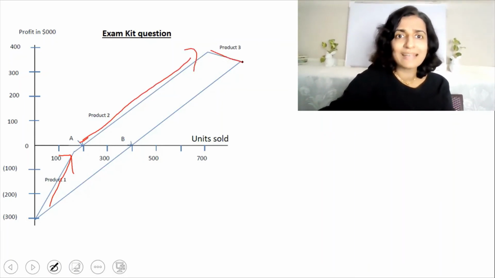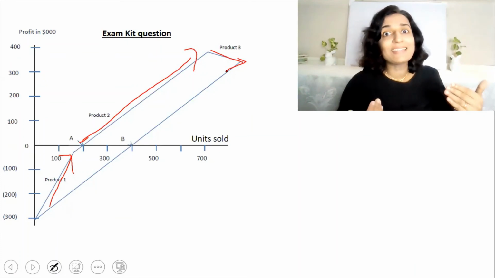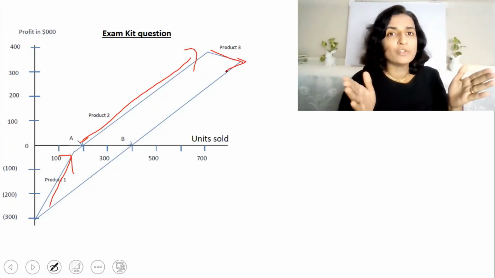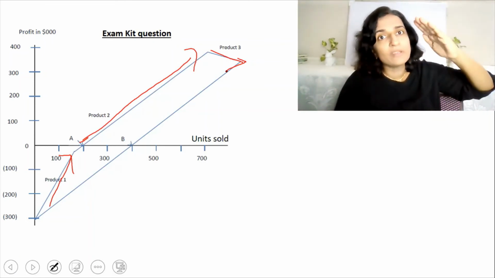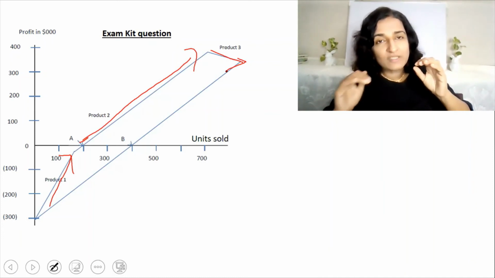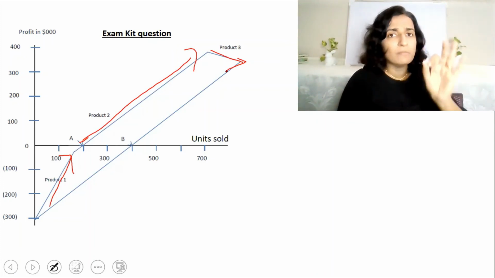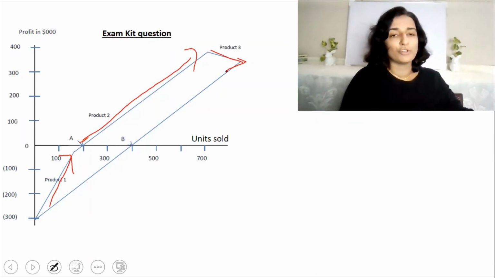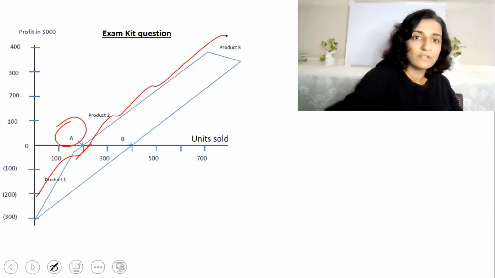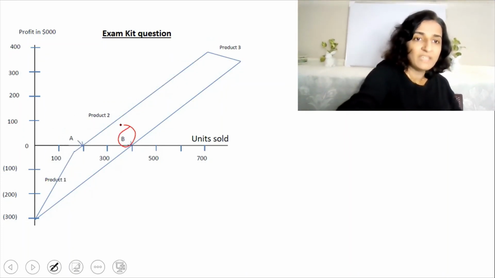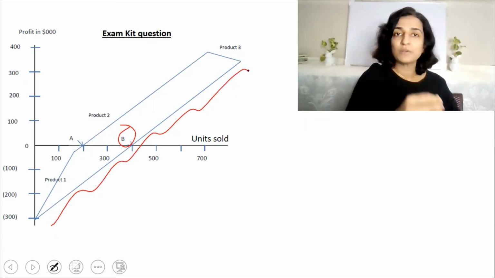And product 3 is a disaster. If you see here, the profit line is bending down, which means that product 3 has got a negative contribution. Only if you have a negative contribution will the profit line bend down, otherwise it will always go up. It's just that when the C by S ratio starts reducing, the slant will become more gentle. That is all. But if it drops down, it immediately means that there is a negative contribution. Now, point A is the break-even point when goods are sold in the order of profitability, and point B is the break-even point when goods are sold in the standard sales ratio. So these are the things that you have to understand from the graph.